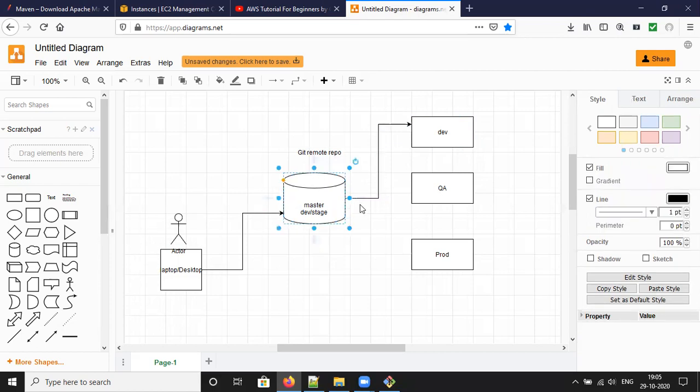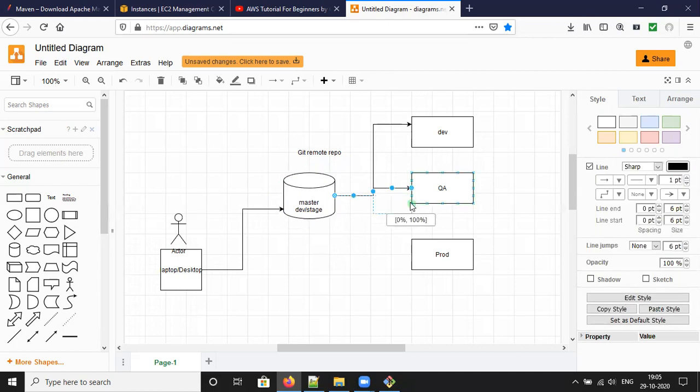Then quality. So first from the dev branch to the development environment, then quality.